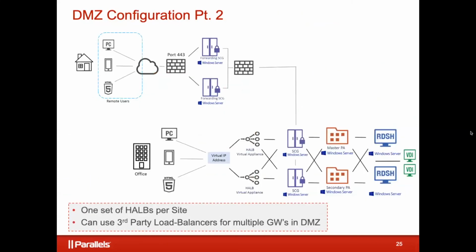And this is a limitation of the load balancer. So if you follow the lines a little bit, the users up top are at home and they're going through a DMZ to get in. And the users below, if you follow the little lines, are actually all in the office, right? So they're behind the firewall. A load balancer, the HALB, can only exist in one place in a RAS farm or site, if you will.